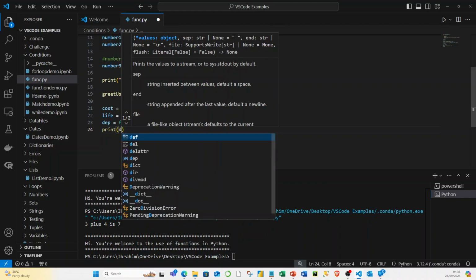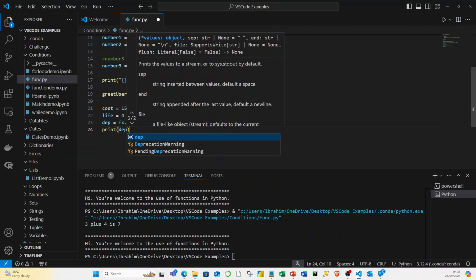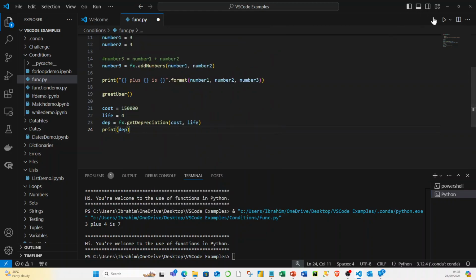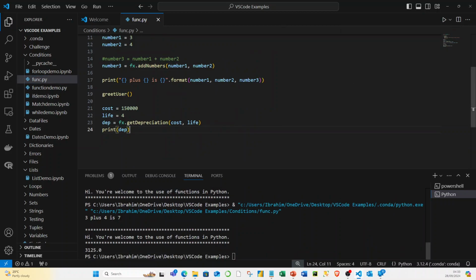So we can say dep, and you can format the dep the way you want. Everybody will see the value. So it says the depreciation monthly is going to be 3,125, and that's this figure divided by 4 times 12. Now, one thing you also need to pay attention to here is that the variable name that I used